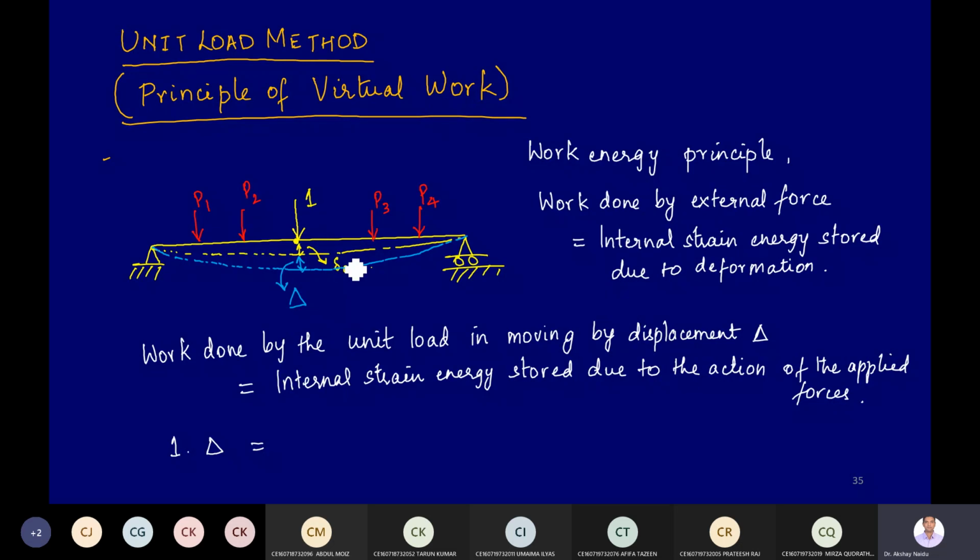Of course, the principle of virtual work for axial loading is different, for bending it is different, for shear it is different. But when we talk about bending, this turns out to be the integral from 0 to L of small m capital M by EI dx, where